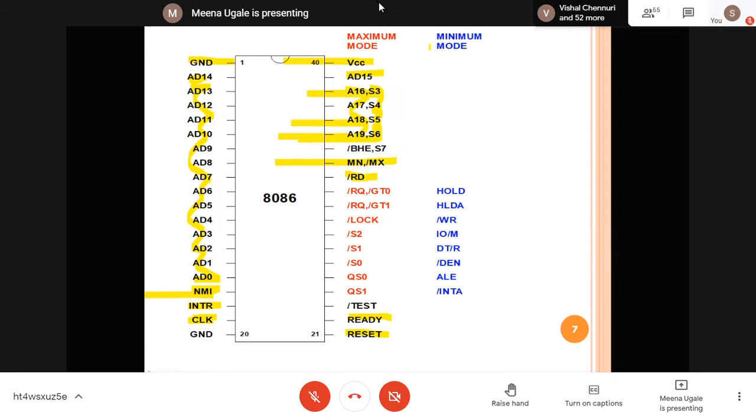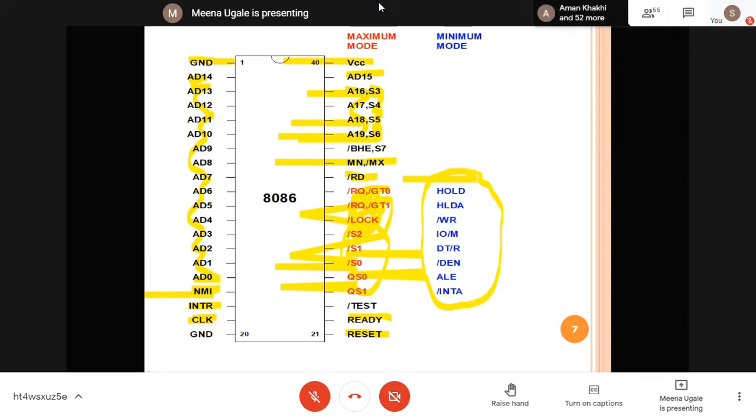Other than that, what you require is whether this IC is working in minimum or maximum mode. Based on that, these two color highlighted pins are there. When it is working in maximum mode, these red color pins are given here. When 8086 is working in minimum mode, these are the pins given in blue color.